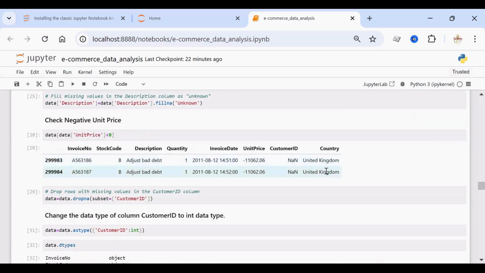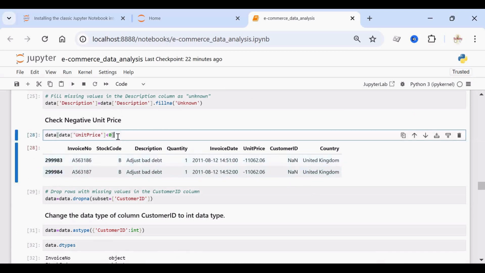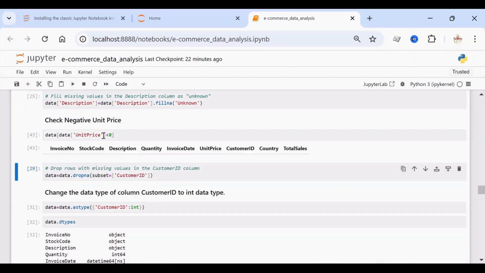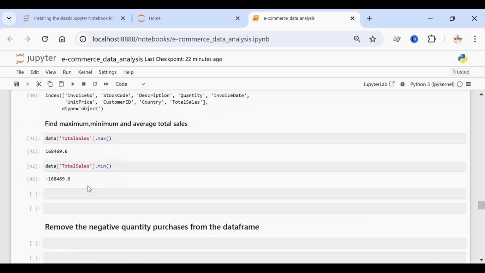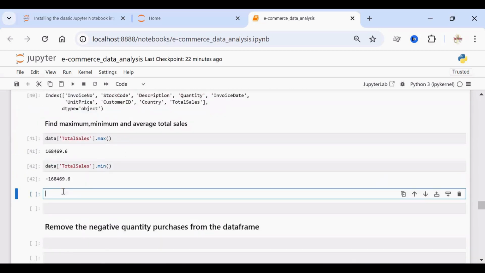But we have already removed the rows with missing values for the customer ID, right? So if you execute this again, now there is no row with unit price less than 0. So only quantity will be having the negative value. So we need to overcome that. We'll do that later. So if you check the data of unit price dot min,